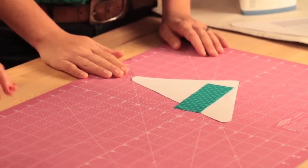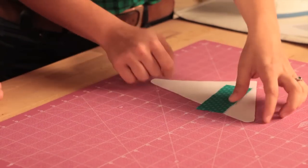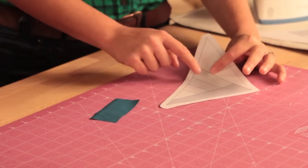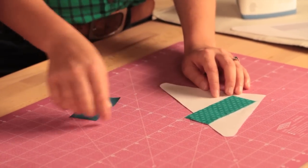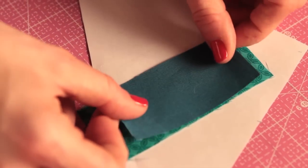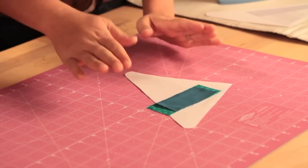Love it. And then the next piece, this is when you have to do the flip. Yes. Right? Yeah, so the first thing you would do is figure out where your sewing line is. So that's A1, that's A2. So my sewing line is right there-ish. There. Mm-hmm. So I would line that one up right there-ish. I kind of try to make it so the middle goes to the middle of whatever it's going to flip